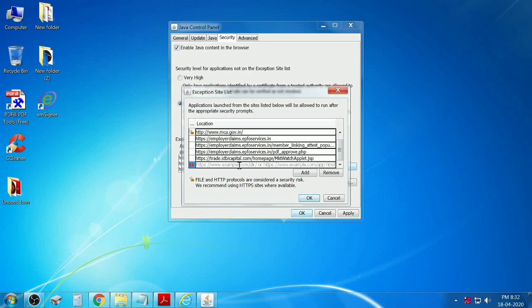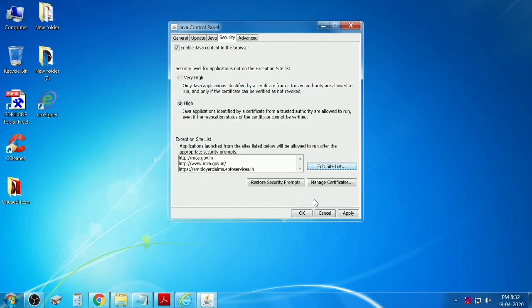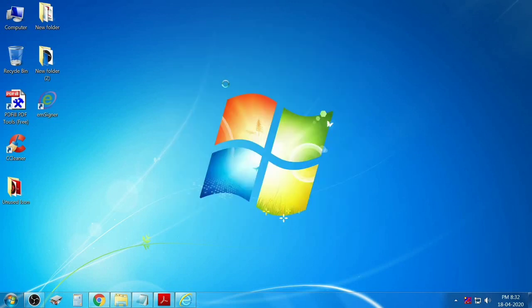Here you have to add mca.gov.in. Click on Add. Again add the same with the HTTP protocol. Then click on OK. Apply and click on OK. Now our Java settings are completed.